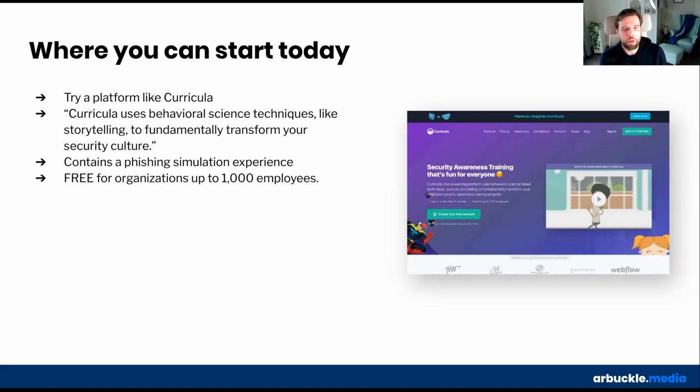It's difficult to create your own materials and run your own phishing tests. It's a lot of infrastructure, or a lot of research that goes into it. So Curricula has done a great job of putting that all in one spot, and making it easy to automate some of the process for you. So if it is only happening once every month or once every quarter, it's even easier to do so now.